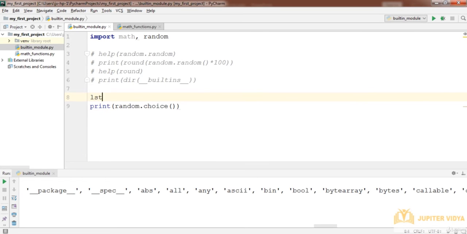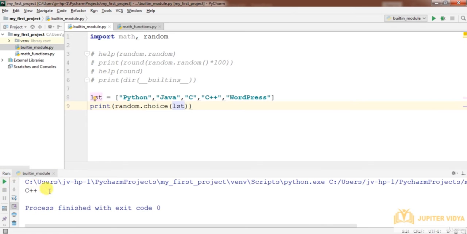So I'll create a list here. These are some courses, C++. Okay, now I'll pass this list, run it,